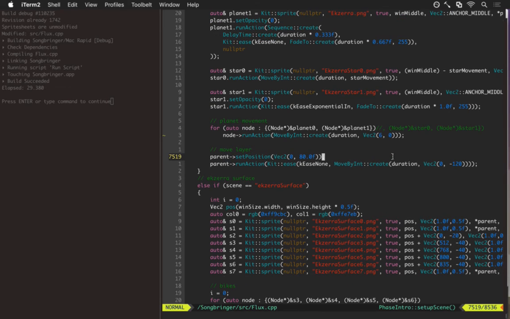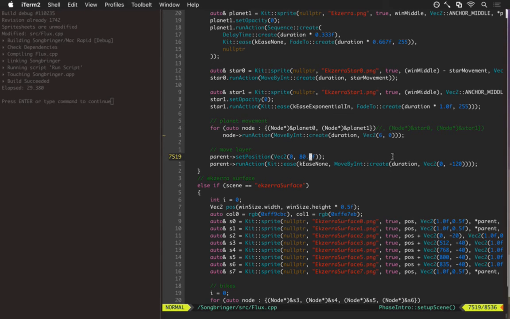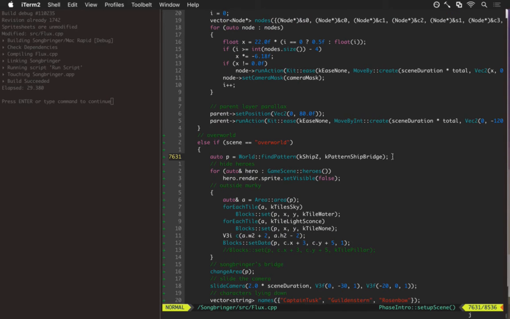And the other thing would be to move this 80, that's a nice 120. These might need to be less to really give it a slower movement, so let's just experiment. Okay, now we need the overworld scene to...